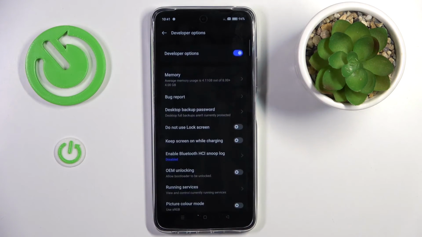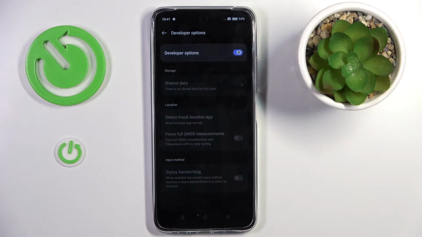And whenever you want to close developer options, just unmark the stop switcher. From now on, developer panel is no longer accessible, and to enter it, you have to perform the same trick